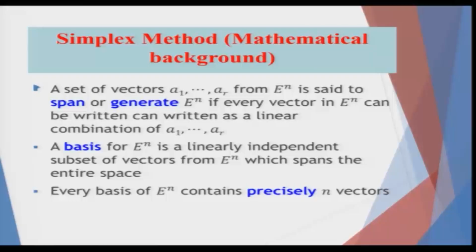So, no unique solution would be there. For a set of vectors a 1 to a r, the r values would basically change accordingly, and obviously it will be less than n; the maximum value of r can be n. So, a set of vectors a 1 to a n in the space E n is said to be a span. That means it is able to span the whole space, cover the whole space or generate the whole space if every vector, and remember that the size of r maximum can be n or less than n.